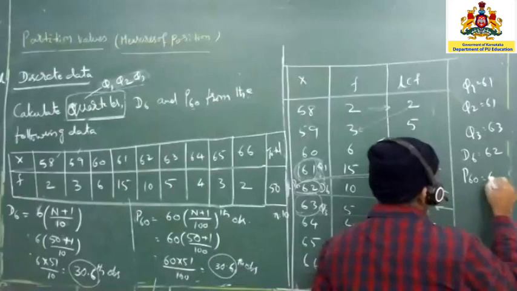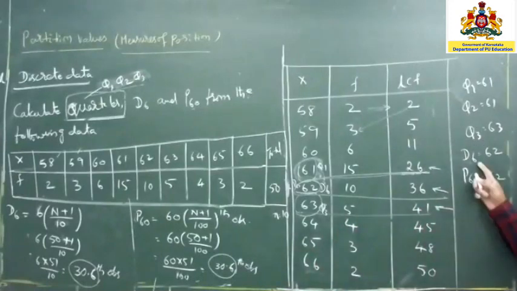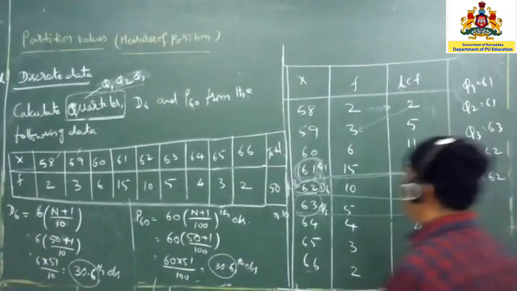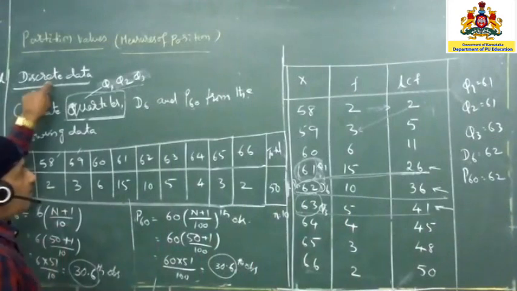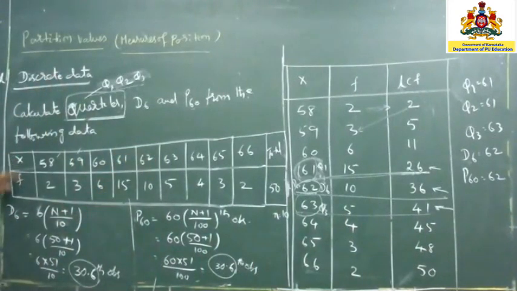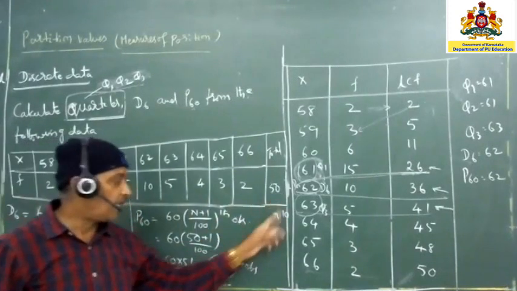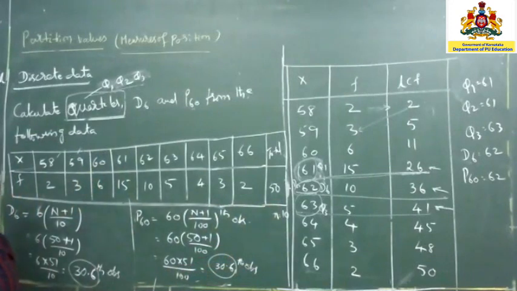P60 is also 62. So now we can understand D6 is nothing but 60, that is the sixth value in the decimal D1, D2, D3, D4, D5, D6. So D6 is exactly equivalent to P60. Understand? So this is the way we have to calculate it if it is discrete data. Discrete data means along with the values, the frequency is also given. So based upon this you have to calculate. The formula is one and the same. Raw data in the sense small n we are going to write, and discrete data in the sense capital N we are going to write. Capital N is the total of all the frequencies, and this is the way you have to calculate it. Okay.